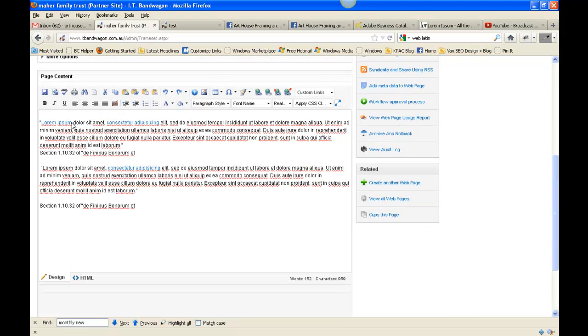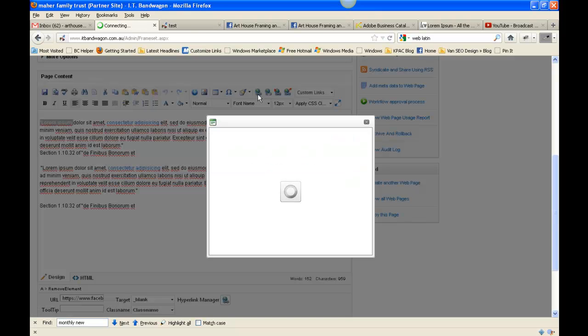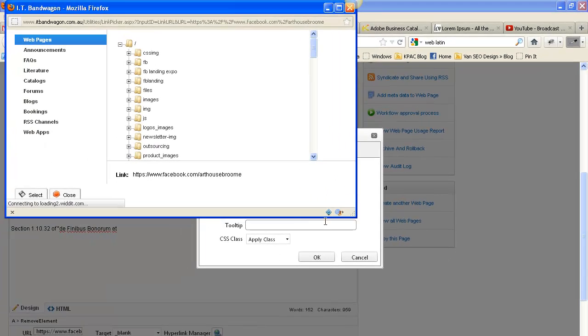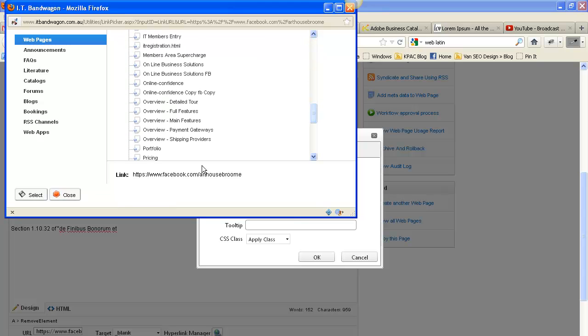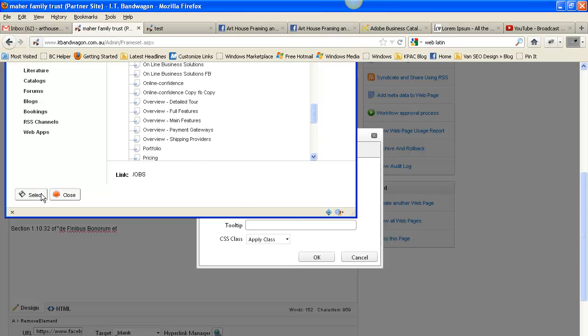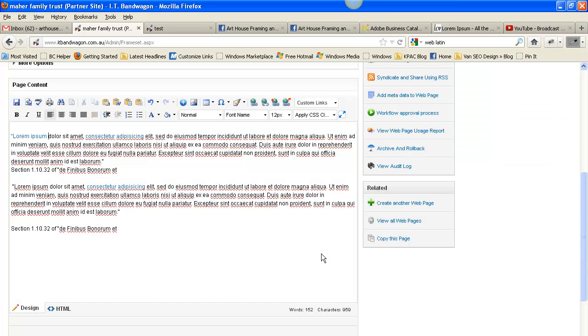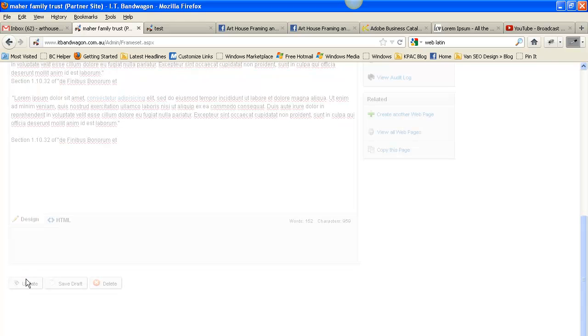You might also want to link to, again the first two words are highlighted, link to somewhere else in your website. So if you're wanting not an external URL but somewhere within one of your own assets, click on the box to the right hand side and you can choose any one of your web pages. Then it might be a password protected, so I'll go into this one instead, Online Business Solutions. I'm going to select that, again into a new window, click OK, update that,